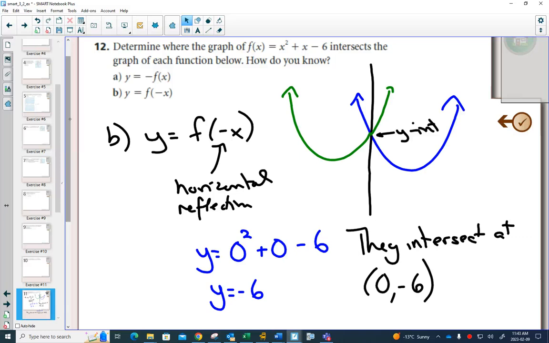Because problem-solving questions are asking you, do you understand what's going on? Can you make connections? And then with those connections, solve the problem. Okay, so we are done